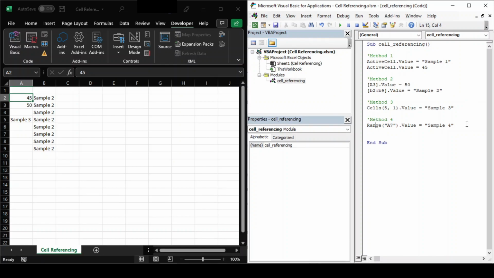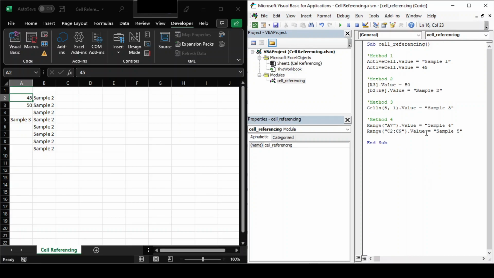Let's say we want to assign value sample 5 to cells from C2 to C9. Then we'll write range in bracket in double quotes the cell range where we want to write, that is C2 colon C9 dot value equal to sample 5 in double quotes. So now what will these lines do? The first line will write text sample 4 in cell A7 and the second line will write text sample 5 in all cells from C2 till C9.